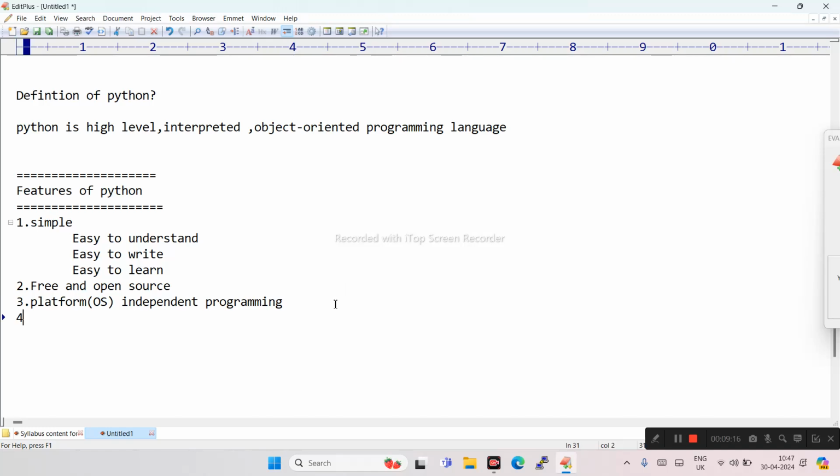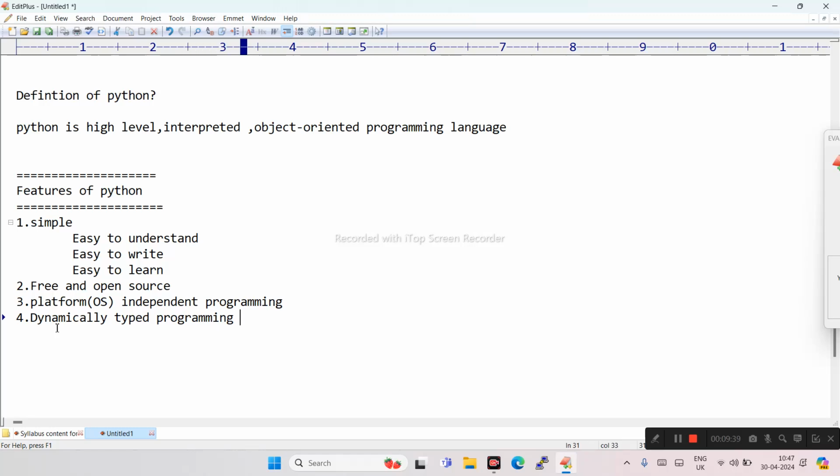The fourth feature of Python is that it is a dynamically typed programming language.